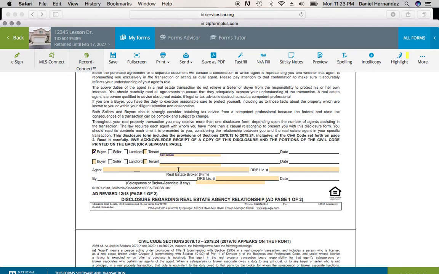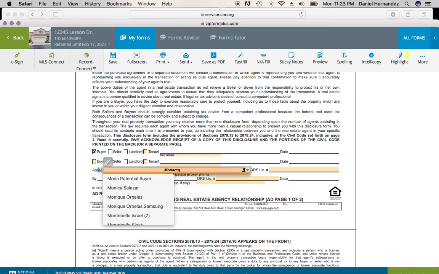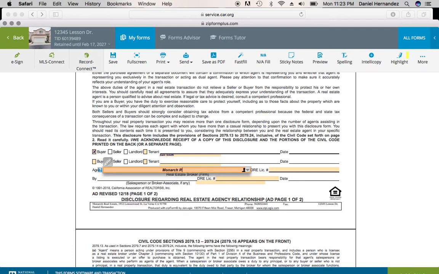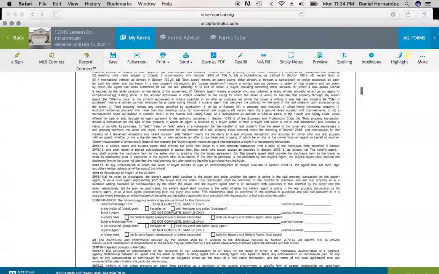Real estate broker firm. So this is your firm here. So we will enter Monarch. And our license number here. This bottom portion is for yourself. So you would enter your DRE license number, and again, you would put the date you sign. Okay, scrolling on down,